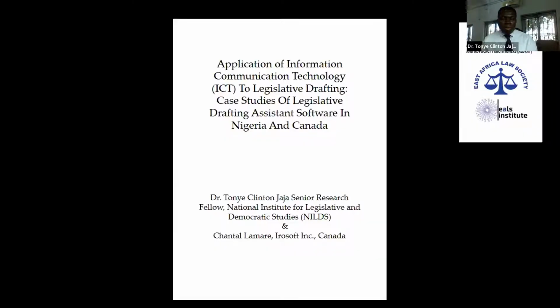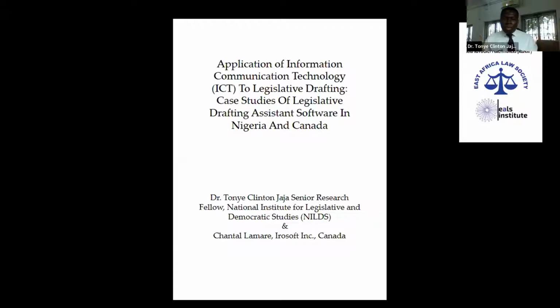This is the manual. Some years ago, I worked with a Canadian lawyer, Chantel Lamera, from Canada. We developed a manual for how lawyers can use ICT. ICT means computers, the internet, everything about information technology. Even your telephone is an ICT tool.